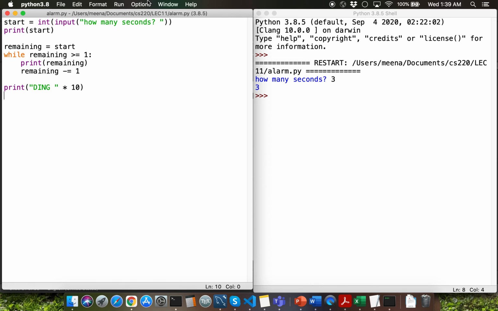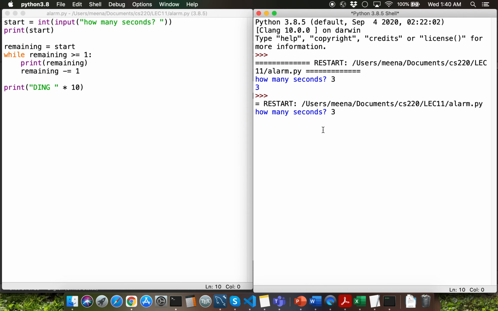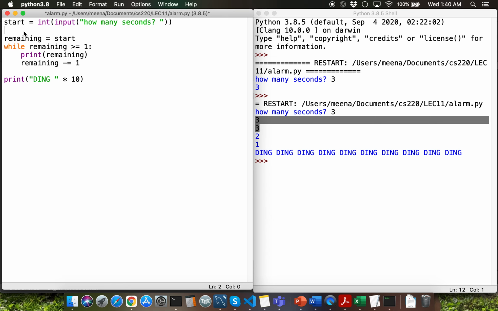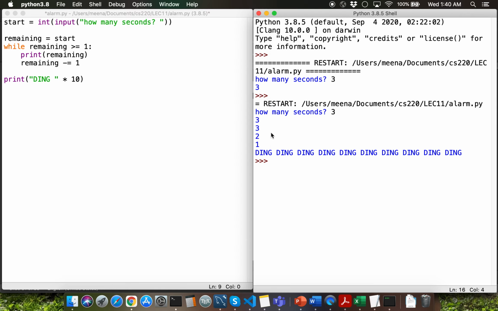Let's save the current version of the program and let's try to run it. Let me give user input as 3. Observe that we are getting 2 outputs for 3. That's because I did not remove the print function call from line 2. Other than that, the output of the program seems to be okay. There's just one slight problem. The program execution went by really fast, correct?